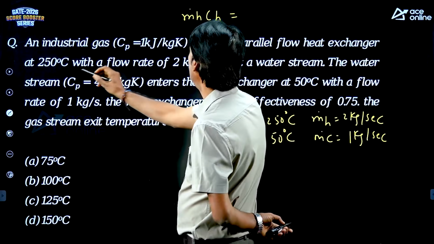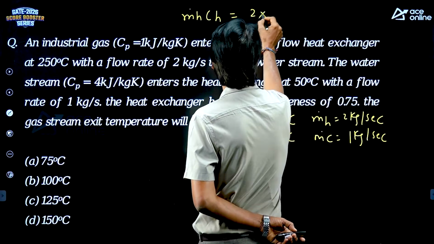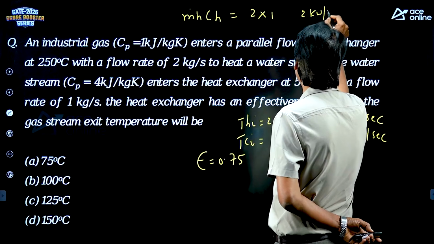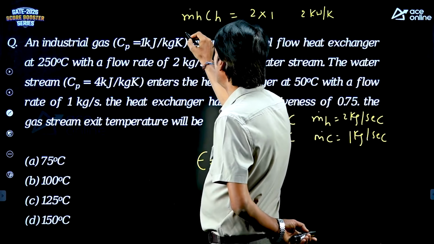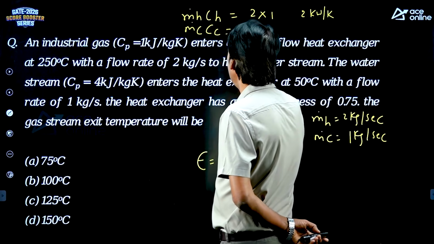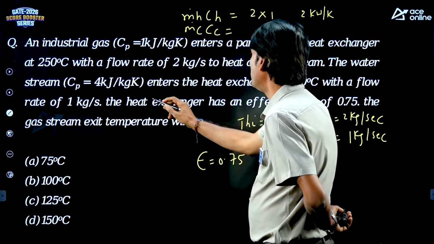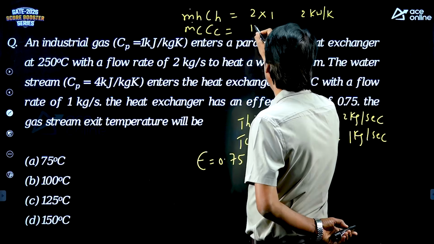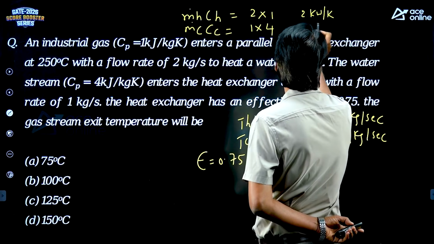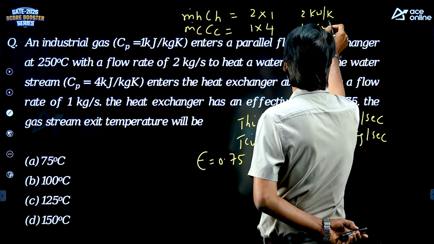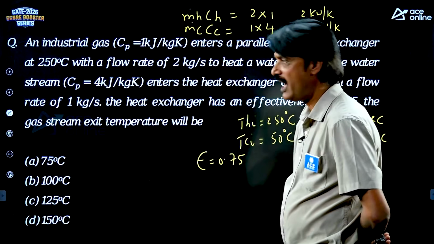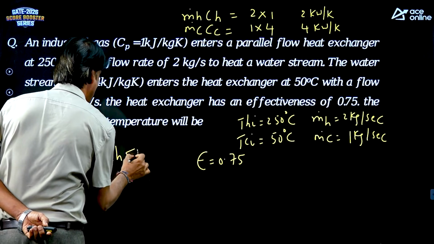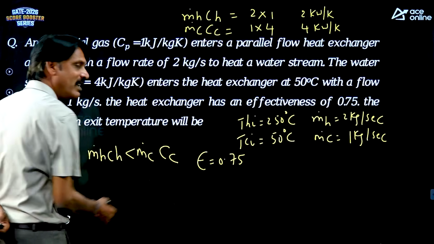This value is 2 into 1, so it is 2 kilowatt per Kelvin. And you write m dot C into CC. If you write water, this value is 1 into 4, so this is 4 kilowatt per Kelvin. As m dot h CH is less than m dot c CC,